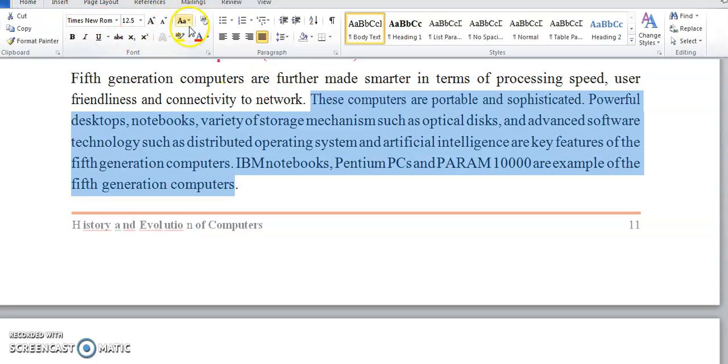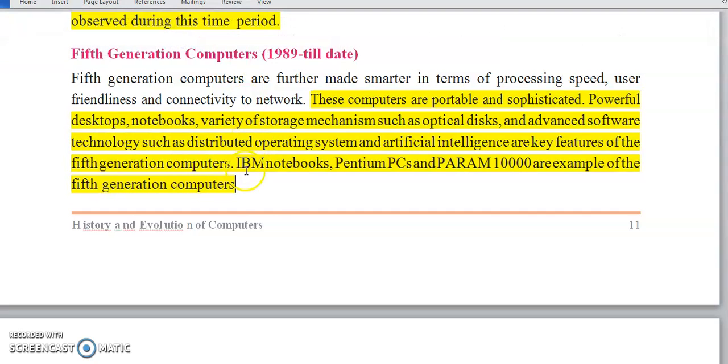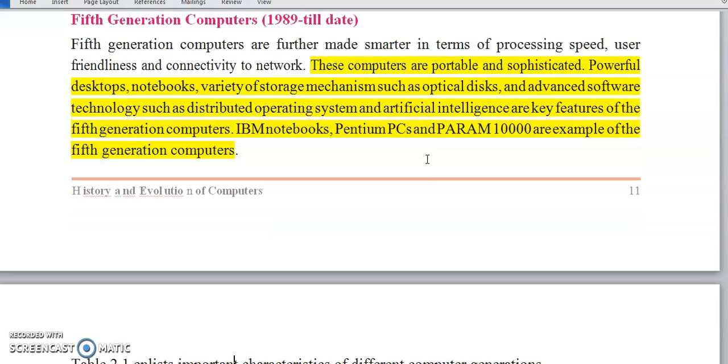Generally, some years back when computers were invented, the first operating system was the disk operating system, which is only character based. Then they invented the Windows operating system. At that time they used only Windows or DOS in their computer. Without an operating system, we are unable to work with a computer. So in this fifth generation computer, we are using distributed. Distributed means more than one operating system can be installed in our system.